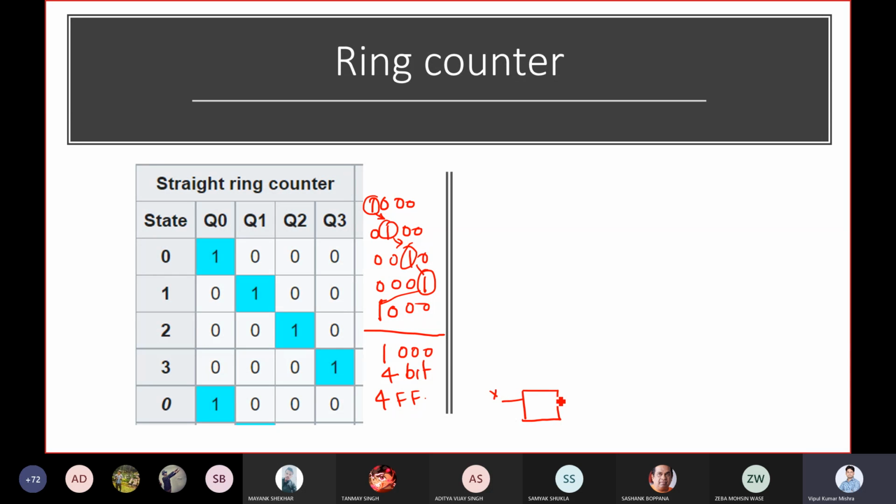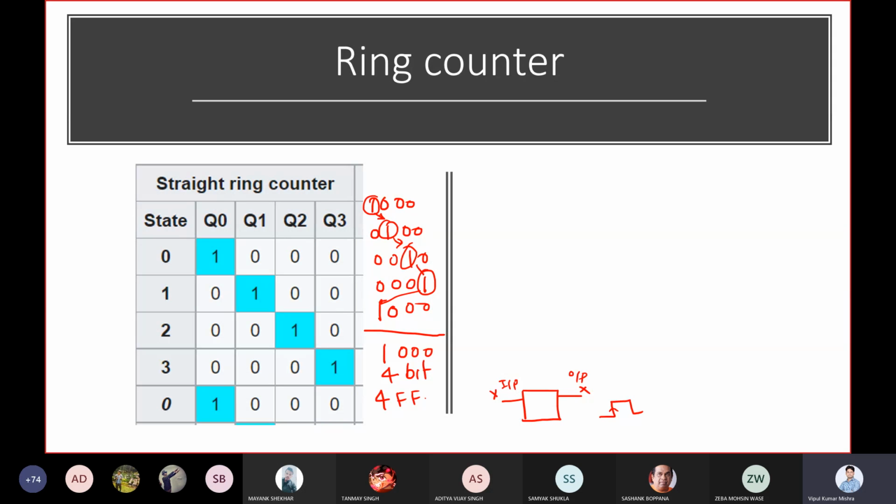Now, second important question: which flip-flop has a behavior where you give some input, suppose X, and in the next clock cycle, whenever it is a rising edge, let's say, this X will propagate to the output? This is your input and this is your output. Whenever the rising edge comes, or the clock becomes high, whatever input is there will propagate to the output. Which flip-flop has this behavior? Just recall and tell me the answer. D flip-flop. Which one? D.